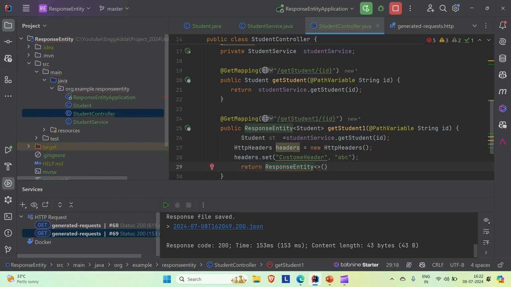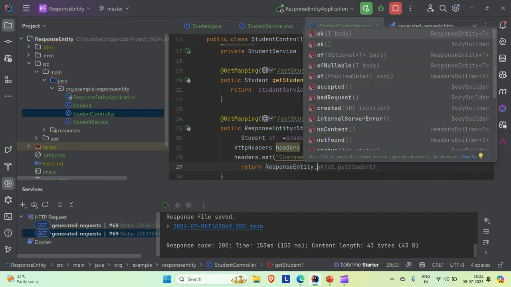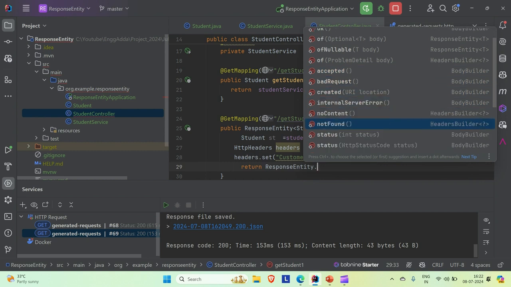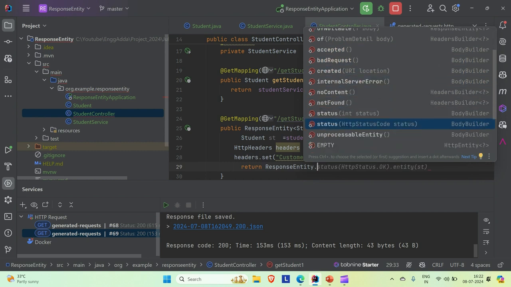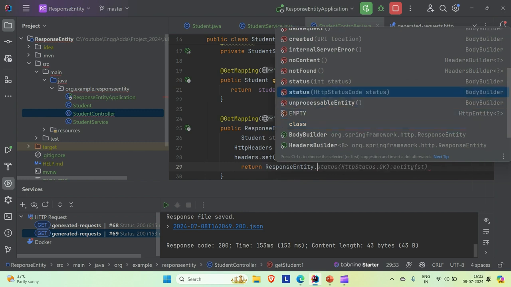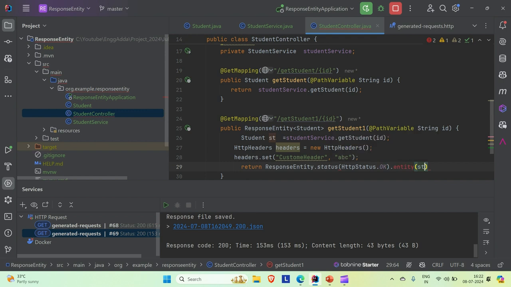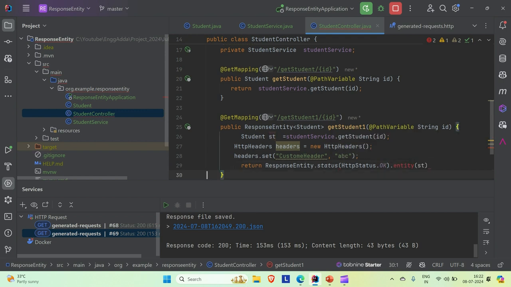like we can also use response entity, and then with the help of these methods like okay or body, you can pass those things. So here you can see we have the body okay method which accepts the body, and then we have bad request, created, internal, not found, status, all those things are there, right? So let me try to use this, let's say status, and status is HTTP okay, and then